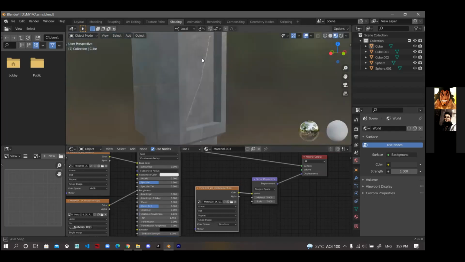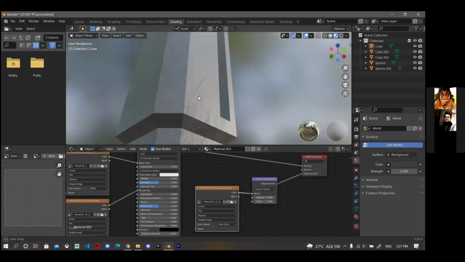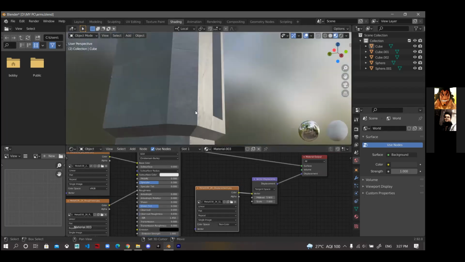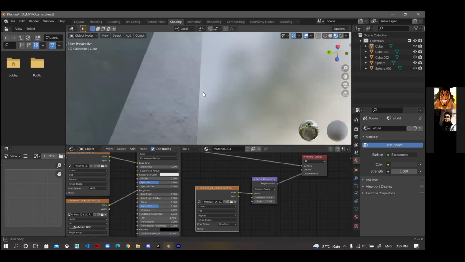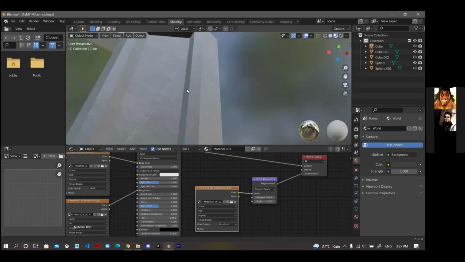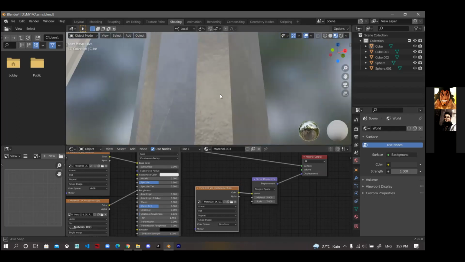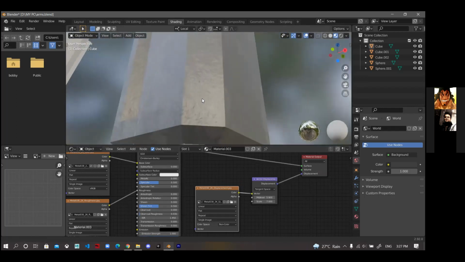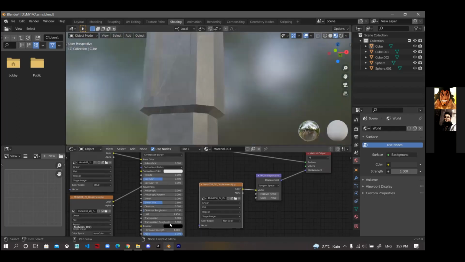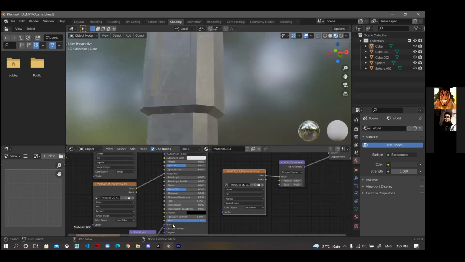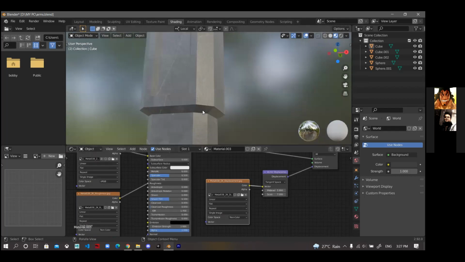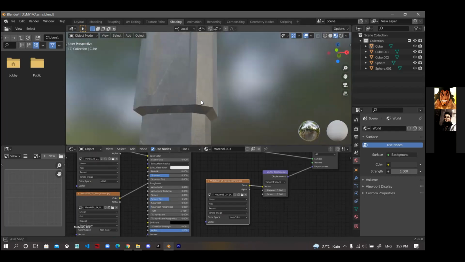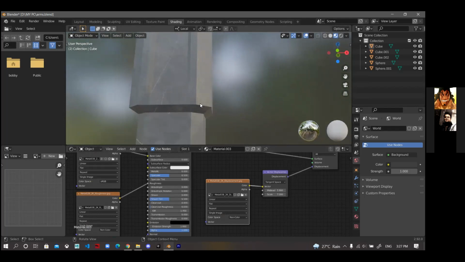So actually, displacement is not so much in here. But the displacement is similar to the normal. Not similar, sorry, the displacement means there is an actual deformation of the 3D model, if I'm not wrong.